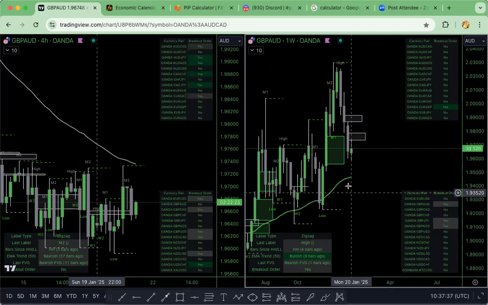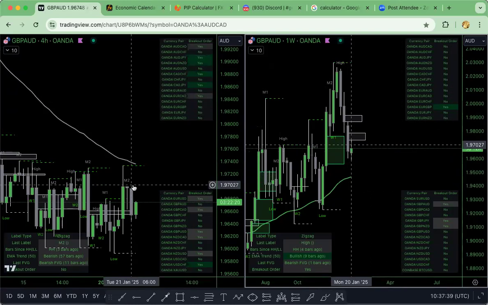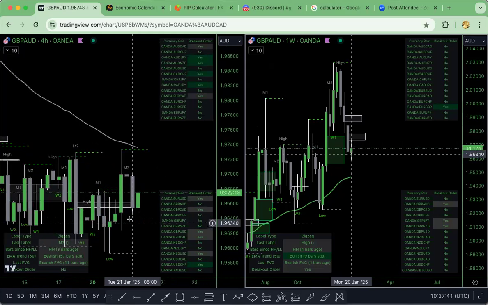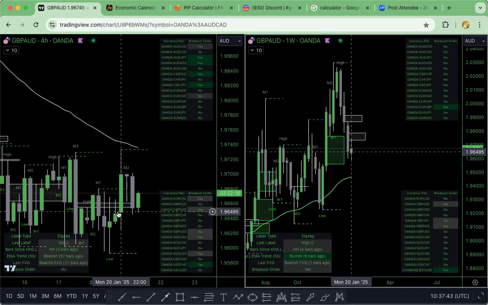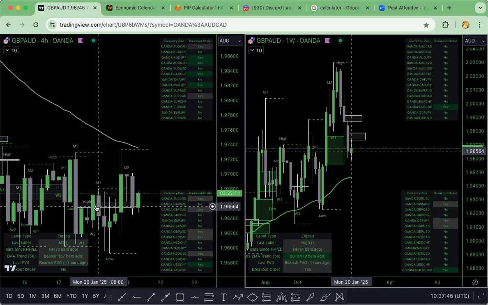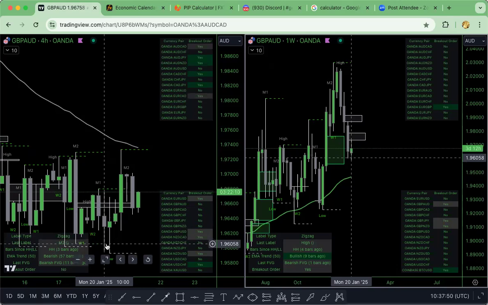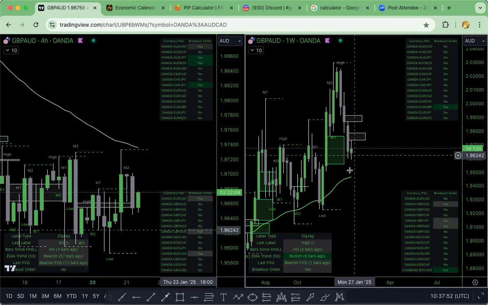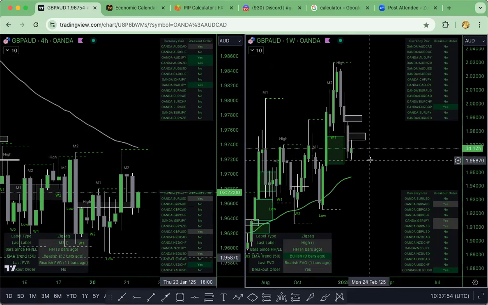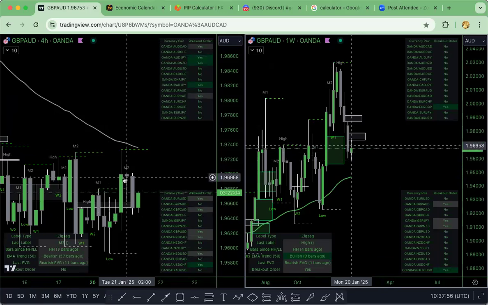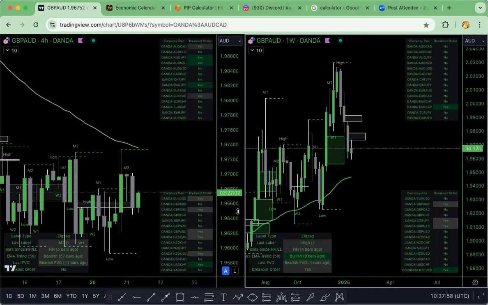So GBP ord is weekly counter trend, but you're looking to see what you see here. Even if you got in here for the M1 entry, you can see you had a little continuation of a sell going down here based on this weekly counter trend breakout right there. And then technically you had one here, M2, and a continuation of a sell so far. Just to show you the weekly,